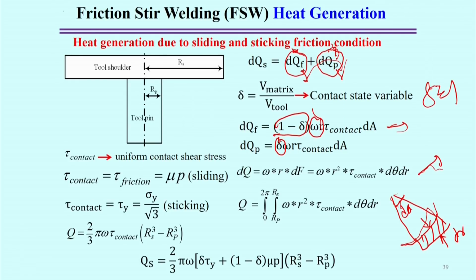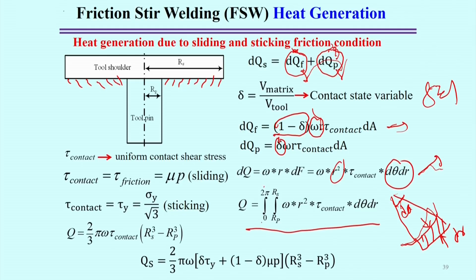So, from here we can find out r square d theta dr omega into tau contact, and this defines the range of the diameter or radius of the shoulder. Here we are trying to find out what the heat generation is when the metal is in contact on this surface, on the shoulder surface. Then Q can be